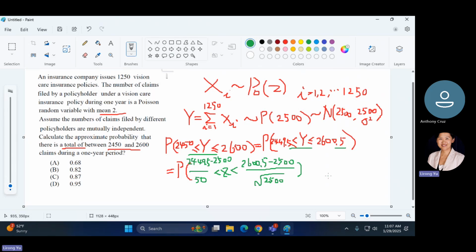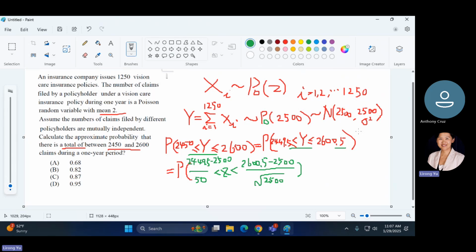So far, I have 4 answers already submitted. These 4 answers are all correct. So this is a Poisson distribution question. Individual distribution have a mean of 2 because our sample size is 1,250. So the summation of those 1,250 x value would have a total of a y value. The y value is a Poisson distribution random variable. So for the y, it will also be a Poisson distribution. Writing PO for Poisson distribution. The mean will be